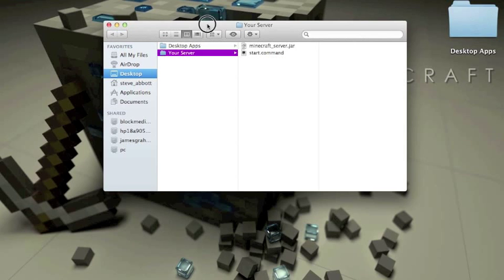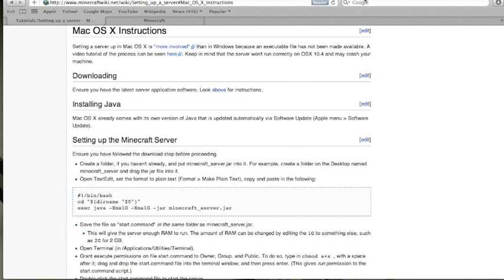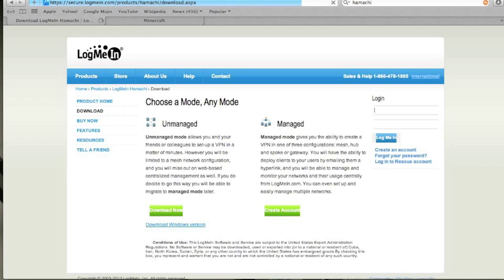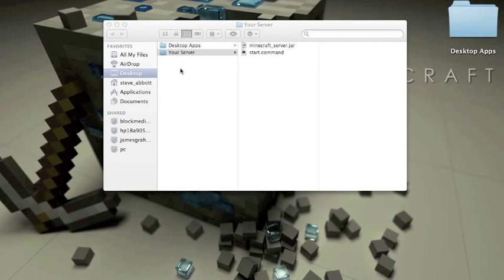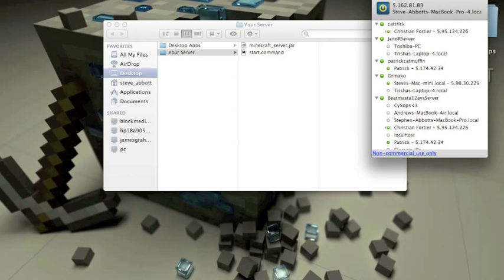Now you're going to want to get Hamachi. So you can go into Safari. This link will also be in the description. Alright, once you're here, you're going to want to check the conditions of use and download the unmanaged version. Alright, and when you're done with that, you're going to want to exit and run the file and then install it. And what you're going to want to do is create a network